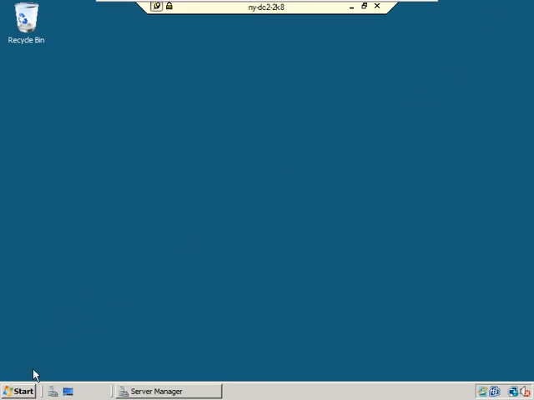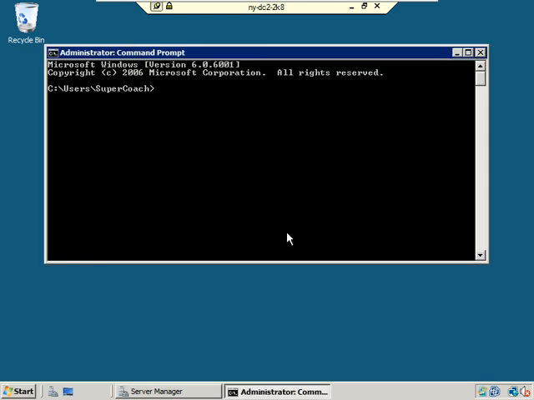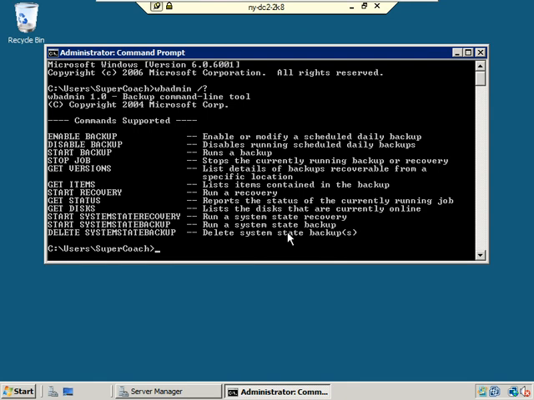All right. So what we're going to do next is go into the command line and do that WBAdmin stuff. Okay? So let's open up a command prompt here. And what we're going to do is create the system state backup next. So real quick, I'm just going to do a WBAdmin /?. Now what that's going to do is provide me with all of the commands that are available within WBAdmin. So now what we want to do is a start system state backup. That's what we want to happen here. So let's do WBAdmin start systemstatebackup